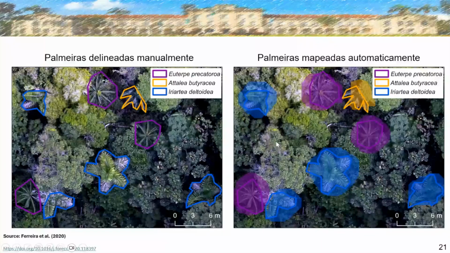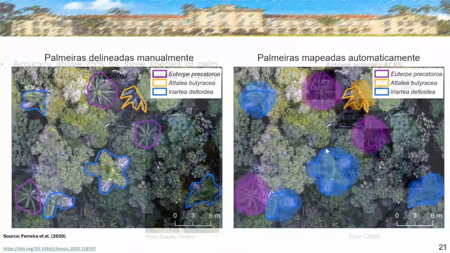Here on the left, we have the manually delineated tree crowns, and on the right we have predictions of the network. So we have very accurate predictions, although we do not delineate perfectly the tree crowns because it was a semantic segmentation network, but we are also interested in identifying each of these trees. In the paper, we performed a post-processing procedure to separate each of the tree crowns.